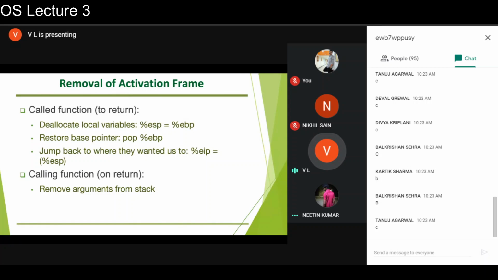And now compiler knows कि how many arguments have been pushed, how many parameters have been pushed. Compiler knows what is the space of the local variable. So compiler knows कि stack pointer से कितनी दूरी पे क्या चीज अवेलेबल है।